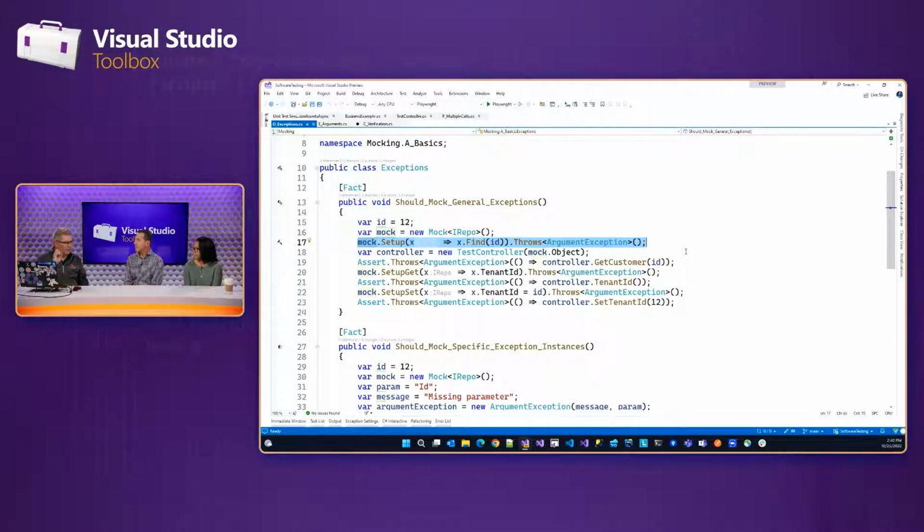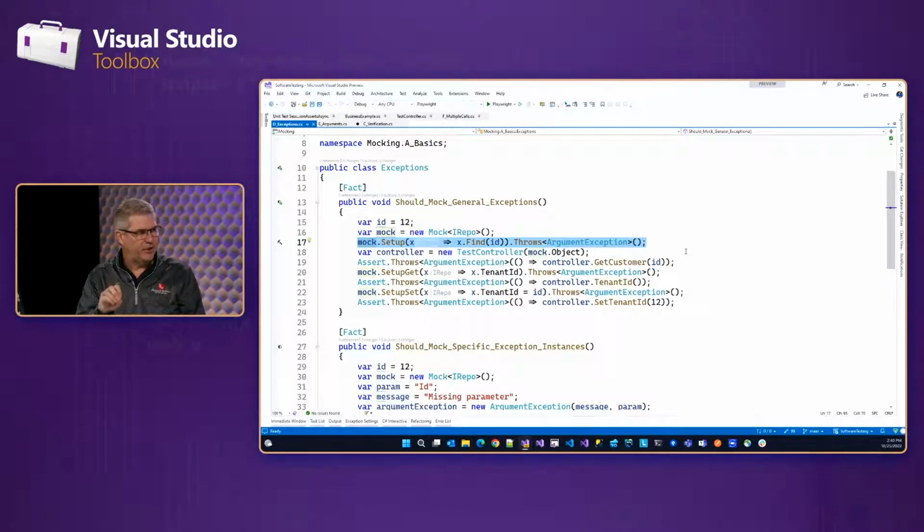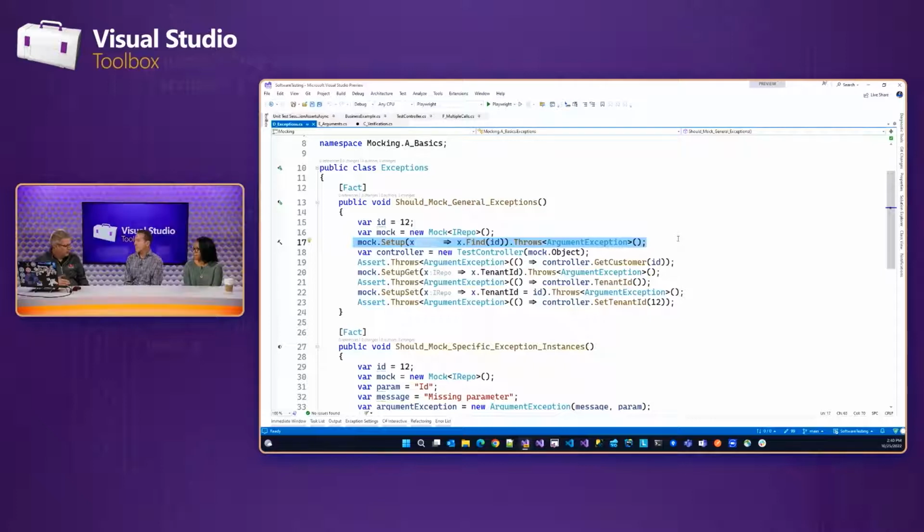So what we can do, and we show this in the business example, is say, hey, this method, instead of doing a typical setup where we're saying we're going to return this value, or it's a void method and we don't return anything, we're going to say, you make this call, throw an exception, right? And then we can get fancy with that. But really, the thing that we care about is this syntax right here. So when find gets called with that particular ID, throw an exception.